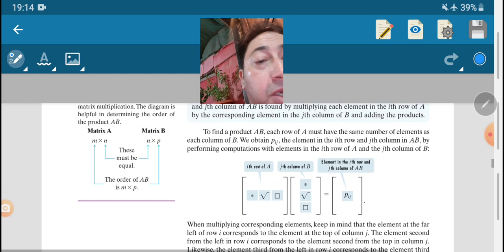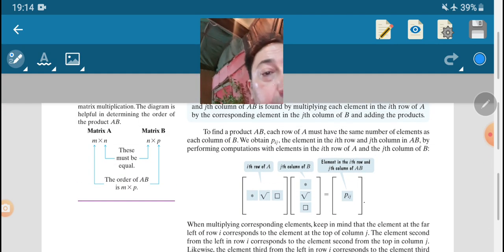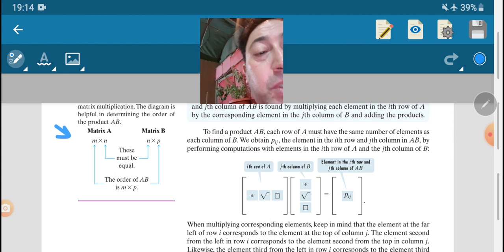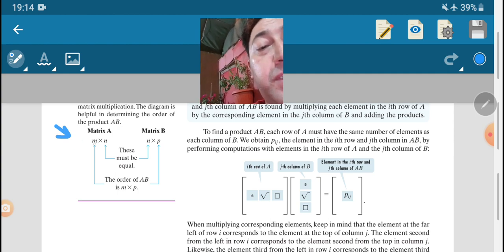Here is the first important part. We cannot multiply any two matrices. If the first matrix is m by n, m rows and n columns, and the second matrix is n rows and p columns,